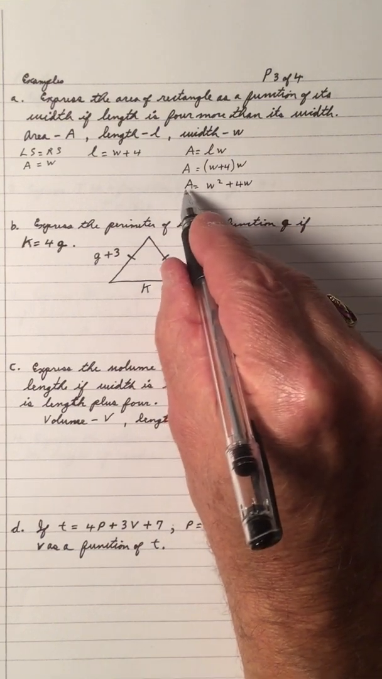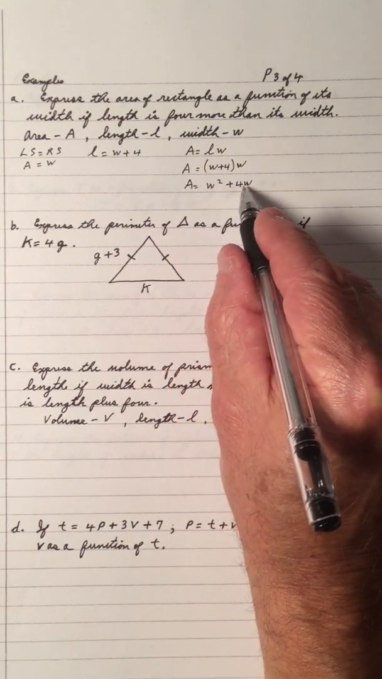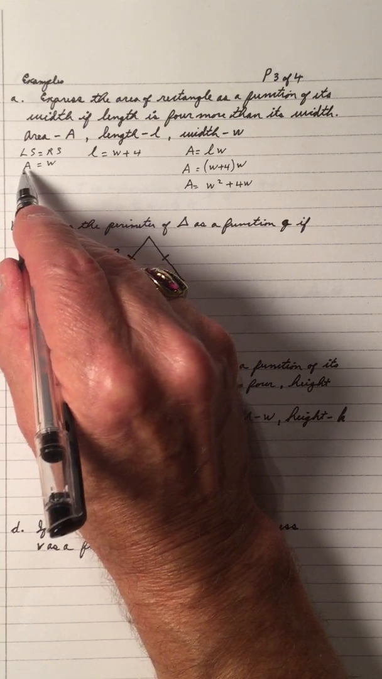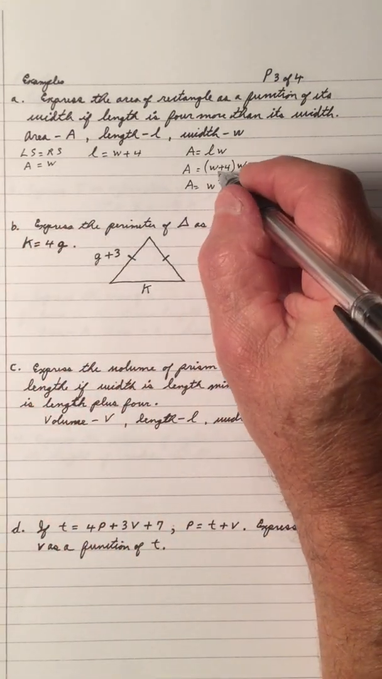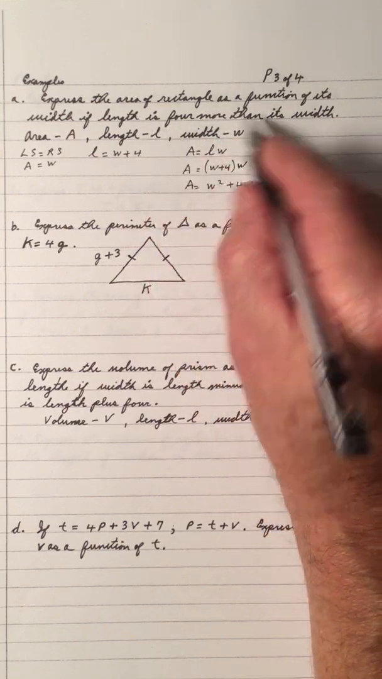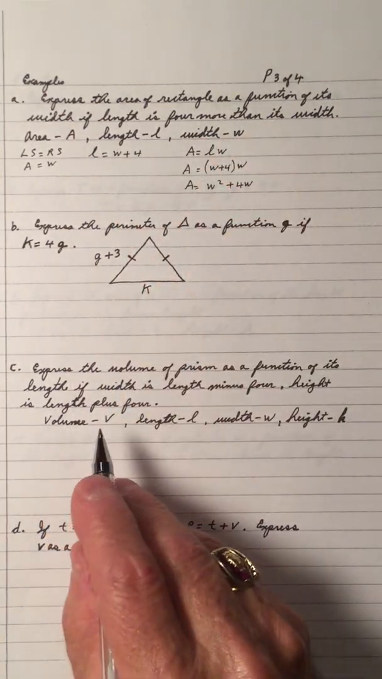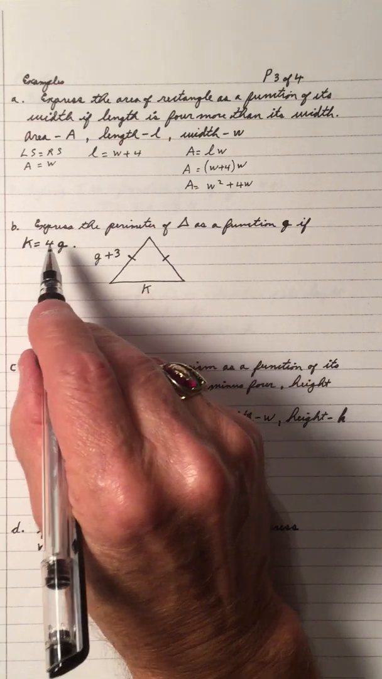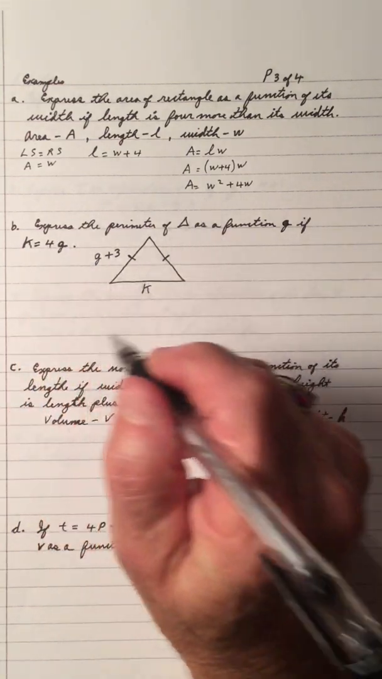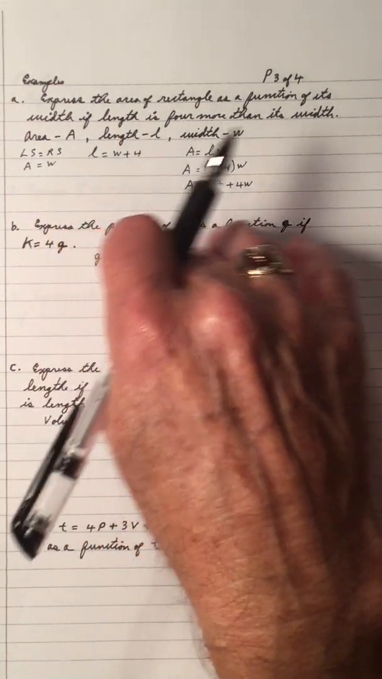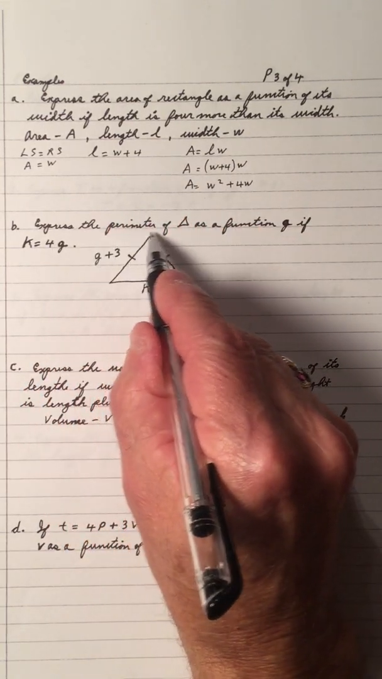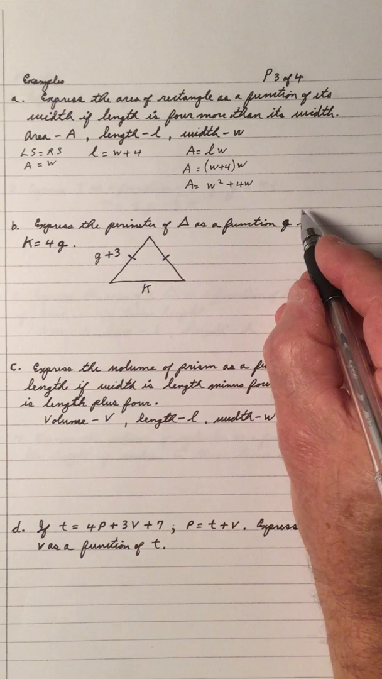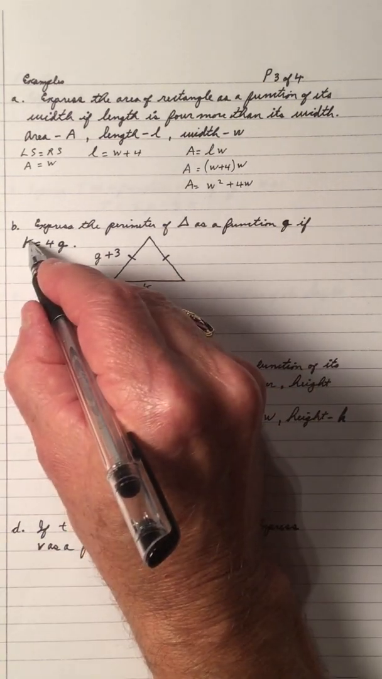So now we have the area as a function of w, which is exactly what we want, area as a function of w. So the L has to be replaced with this statement that we have here. B, let's do B. Again, pause the video if you want, but probably not right now until you get more practice. Express the perimeter of a triangle as a function of g